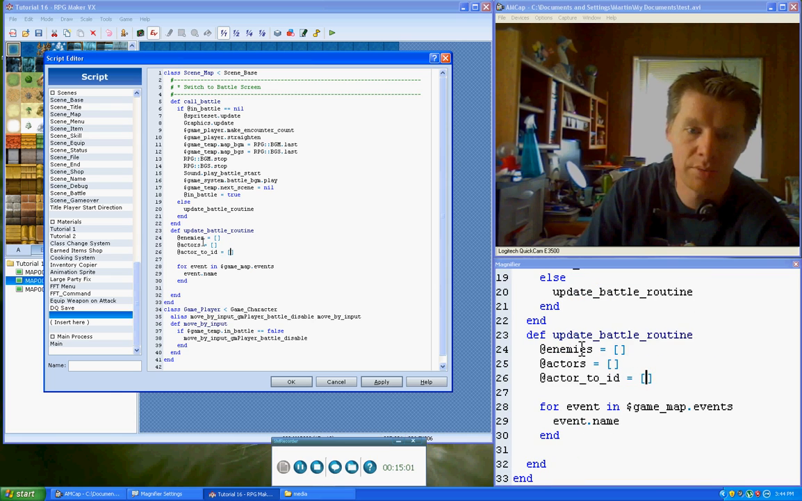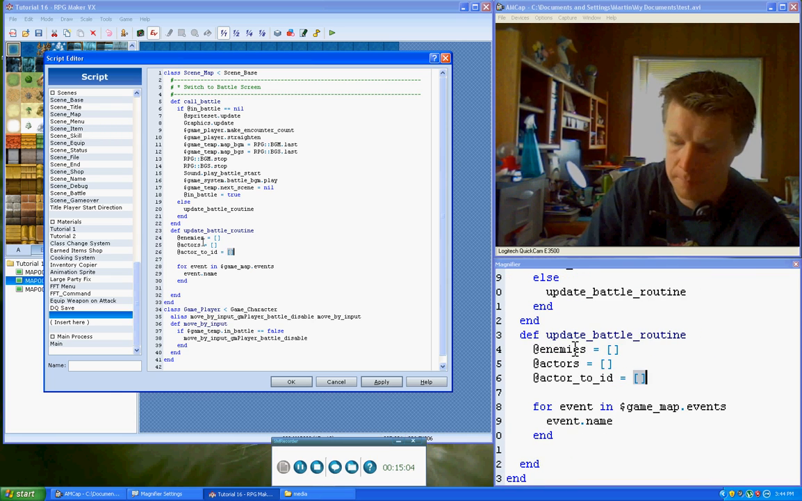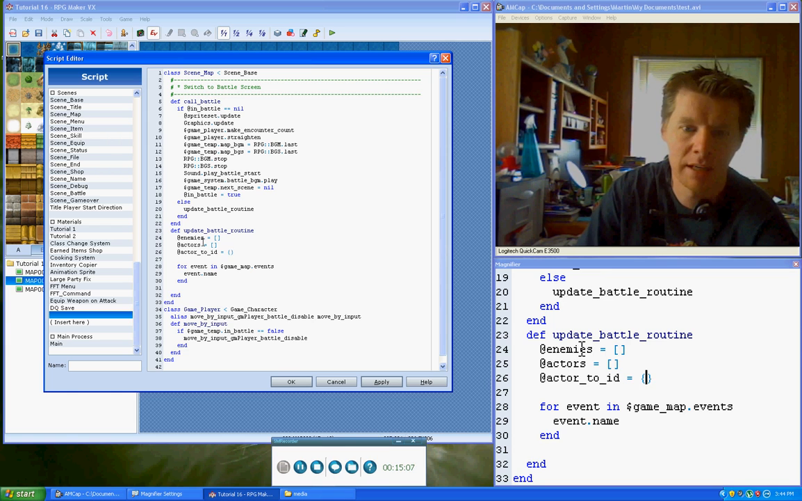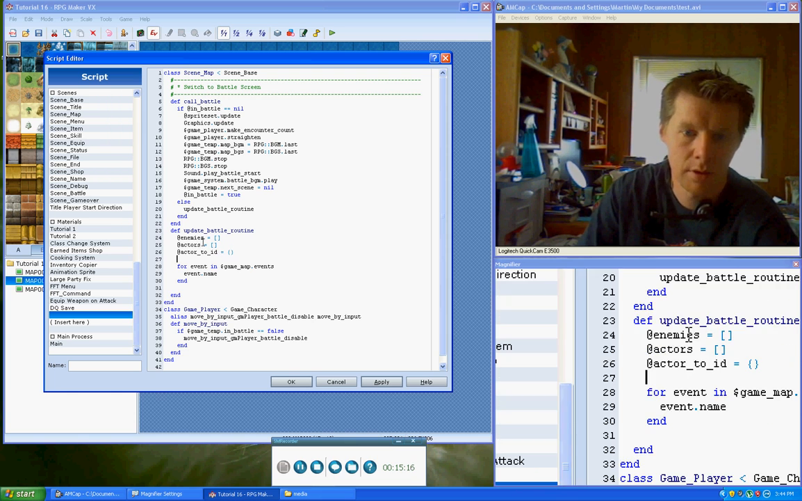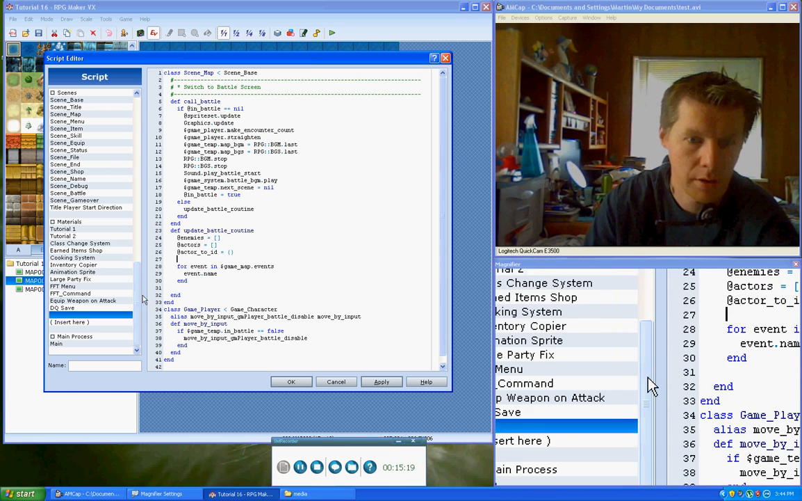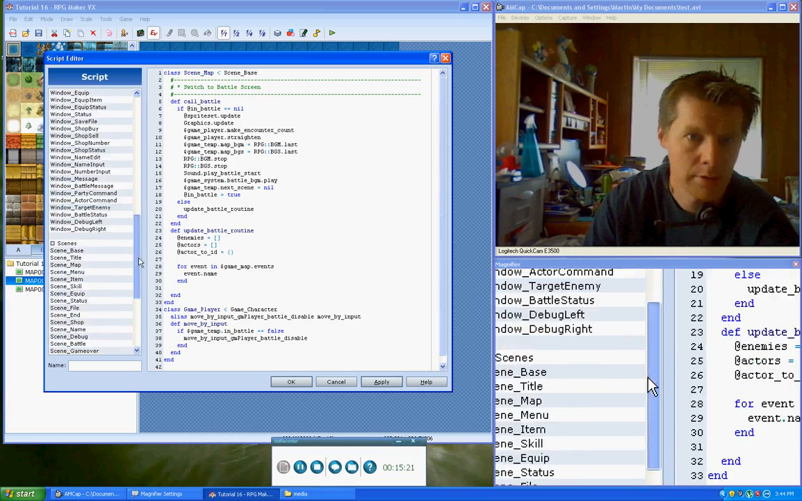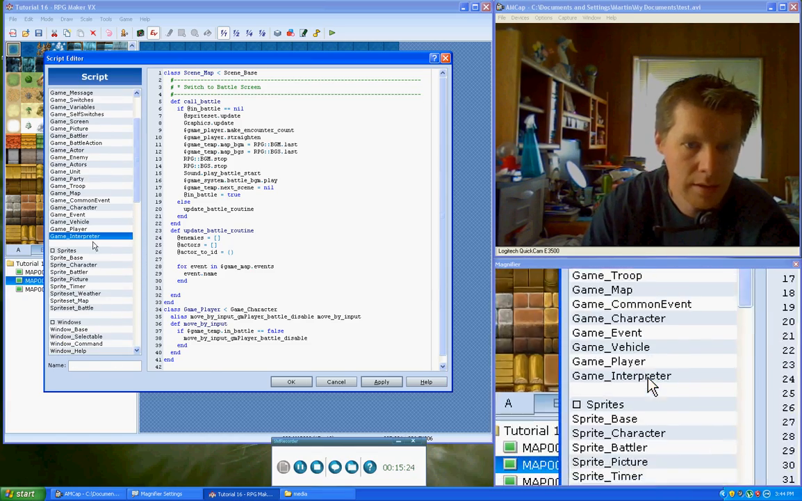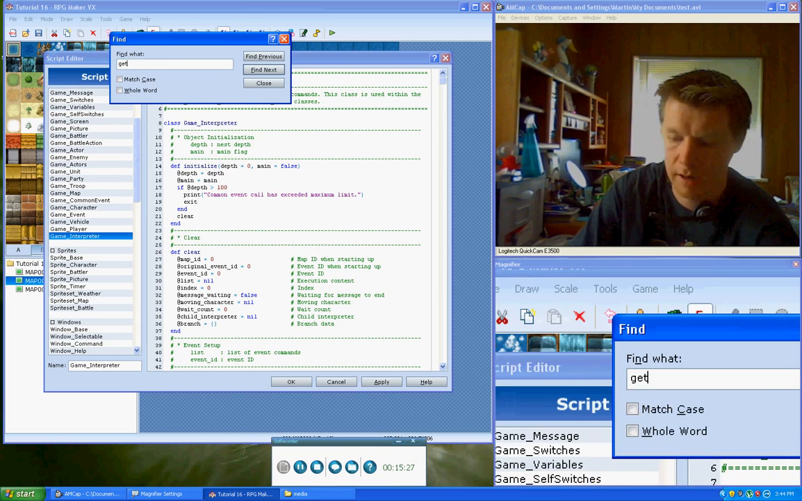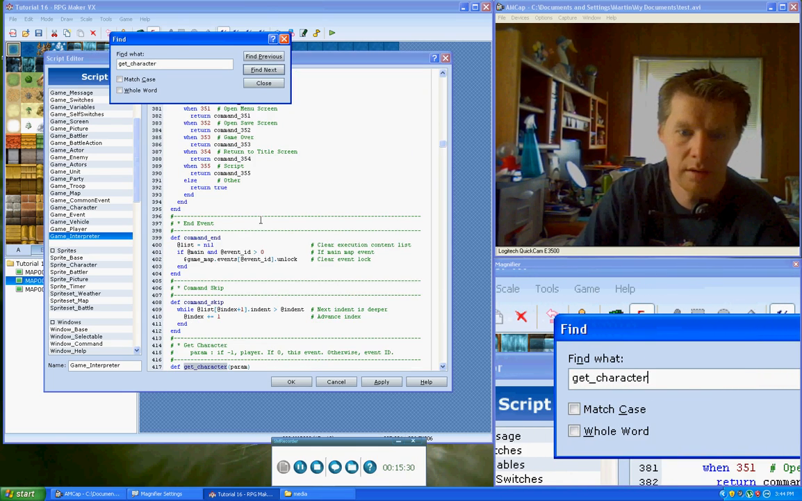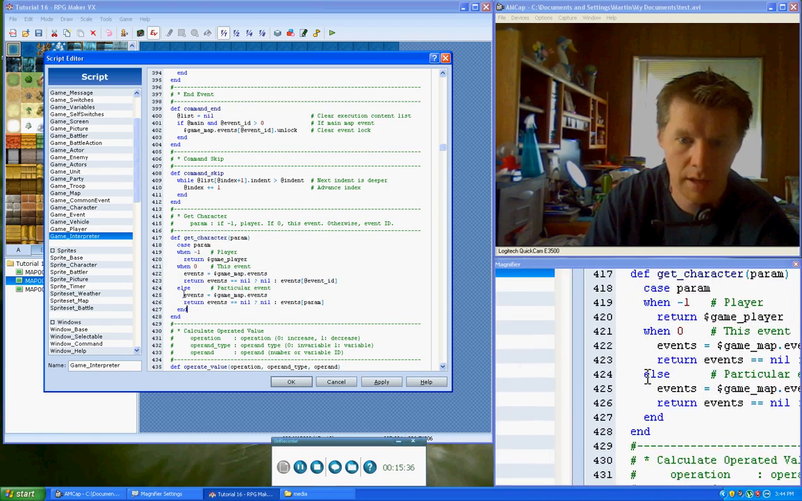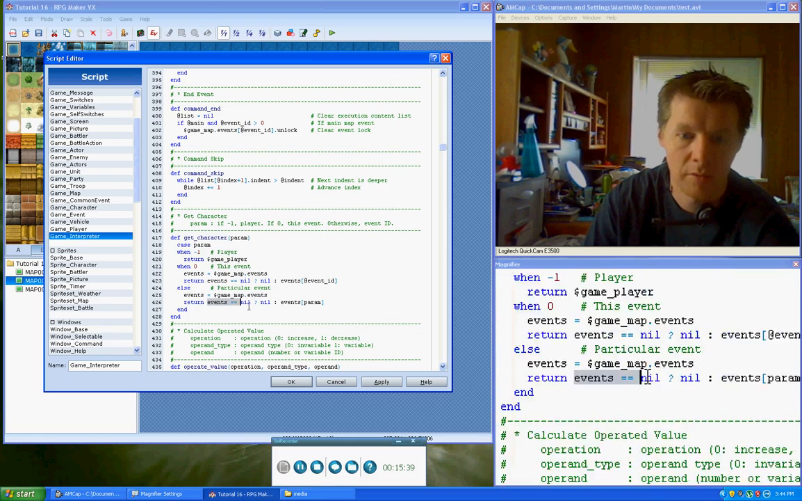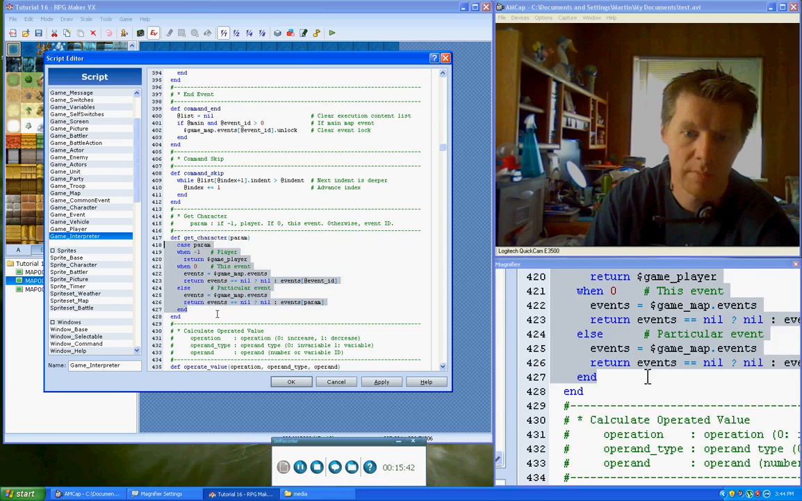and so this will correlate the event ID. So we'll make this one a hash. We'll make it an event ID to actor ID, and this here will just be a list of them so that it's easier to update them. So now we can actually use part of the game interpreter. They have a method in there that allows you to get characters, I believe what they call it. And that one will return the event which is being executed, else it will find out which particular event. So we can actually use this method